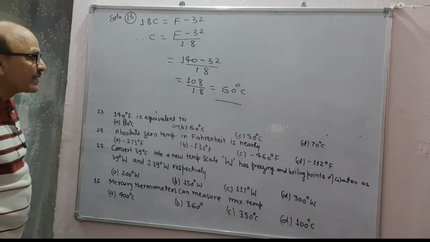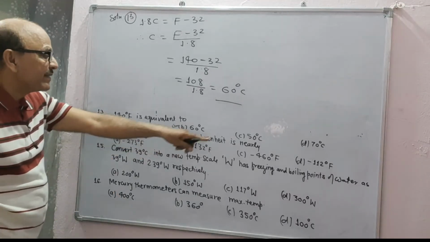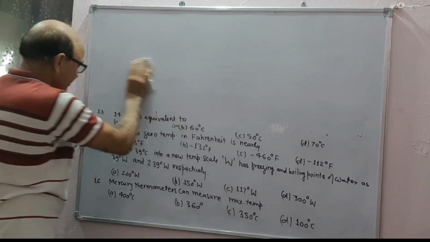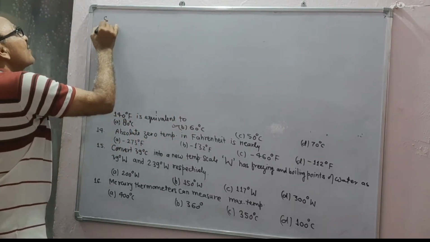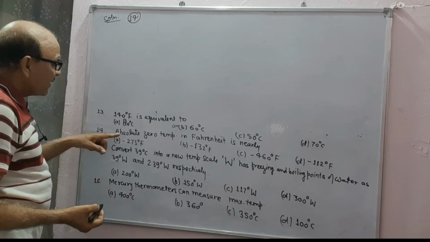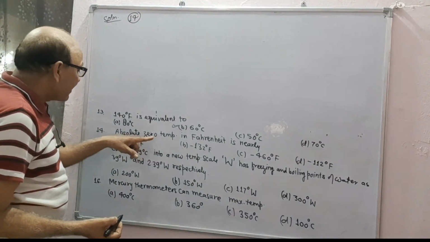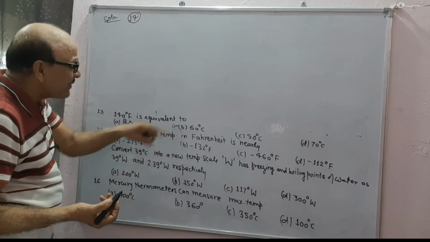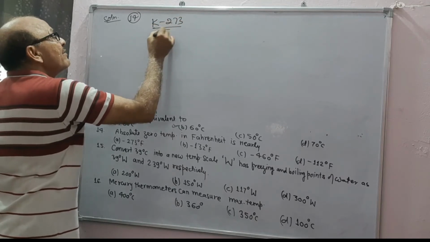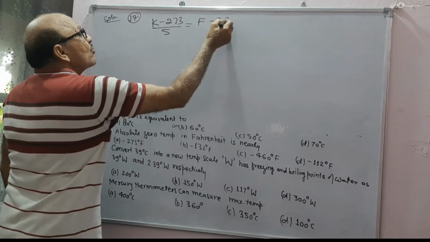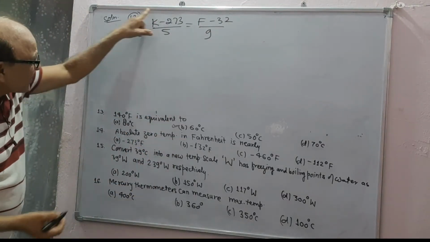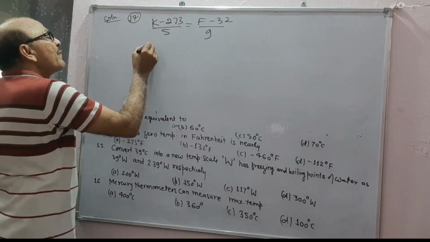Next question number 14. Absolute zero temperature is nearly this much Fahrenheit. You have to solve question 14. Solution to question 14. Here the two thermometers are absolute zero means Kelvin and Fahrenheit. Okay? So K minus 273 upon 5 is equal to F minus 32 upon 9, or 9 comes here, giving 9 upon 5, which is